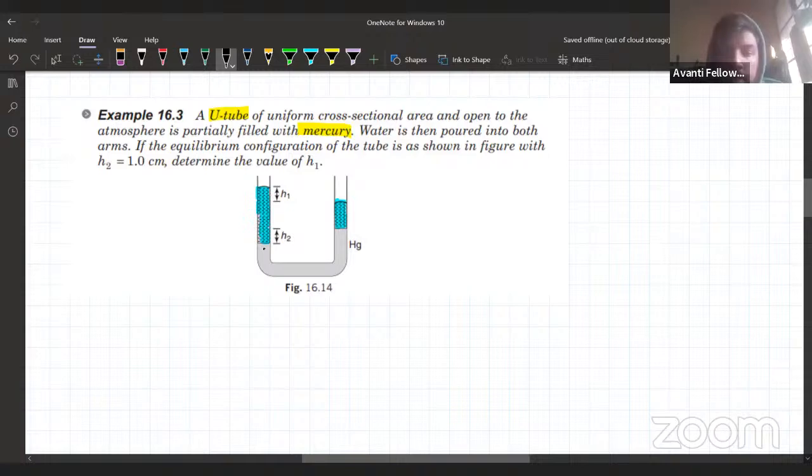Okay. So at A, pressure at A will be equal to atmospheric pressure P naught plus rho of, what is this? Water, right? Plus total depth, that will be equal to H1 plus H plus H2, which will be equal to